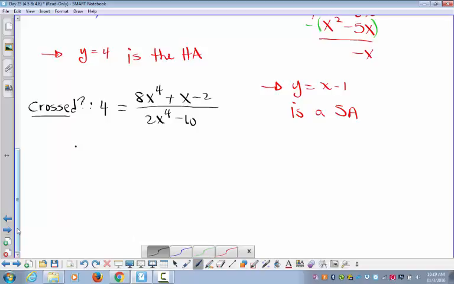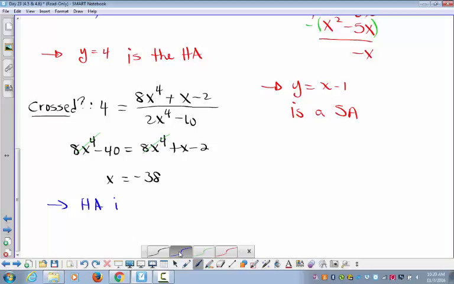We cross multiply. So we get 8x to the fourth minus 40 equals 8x to the fourth plus x minus 2. Subtract off the 8x to the fourth. Oh, look, we're getting an x value. So if we solve for x, we add 2 to both sides, so we get x equals negative 38. So that means that the asymptote is crossed. So it is crossed. So this implies this was an HA. So HA is crossed